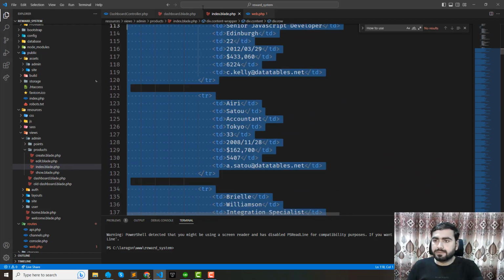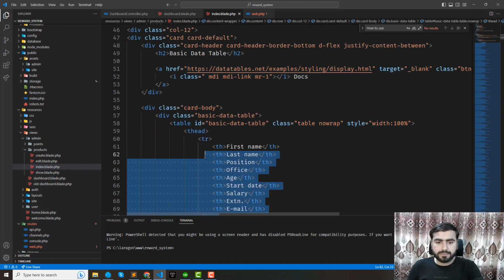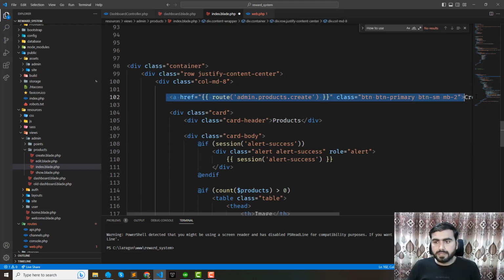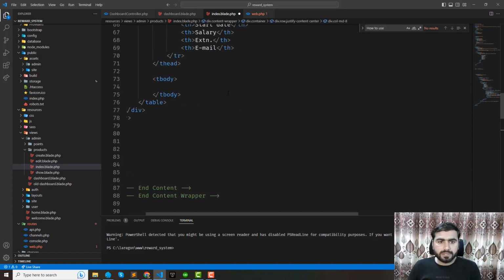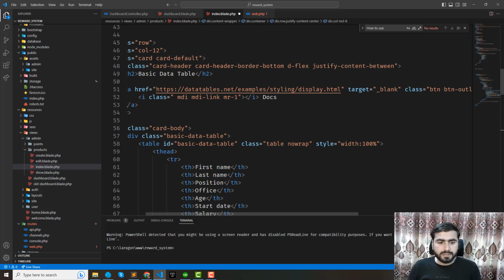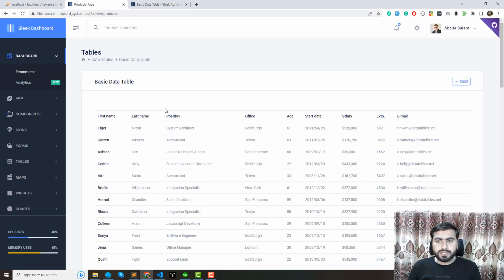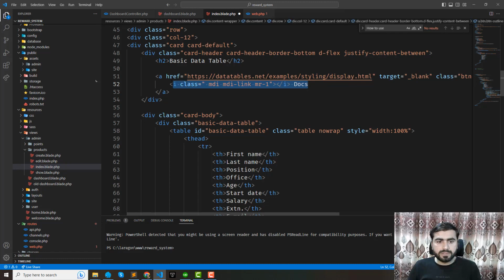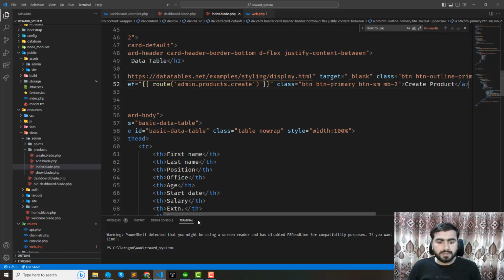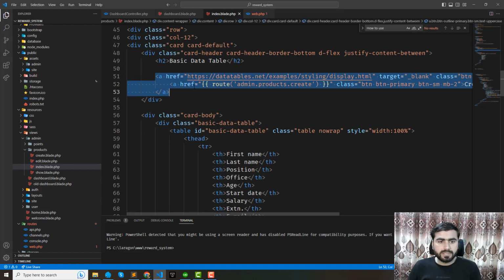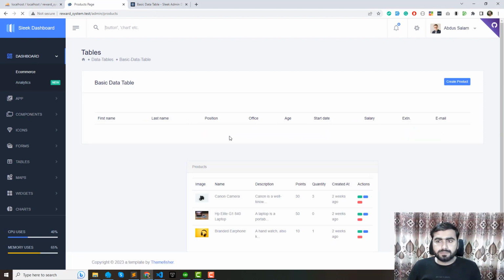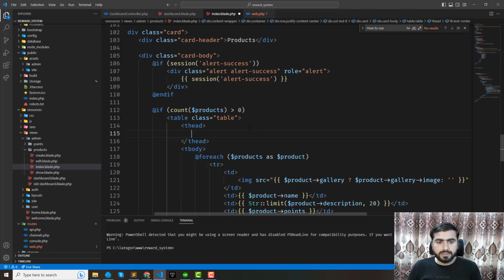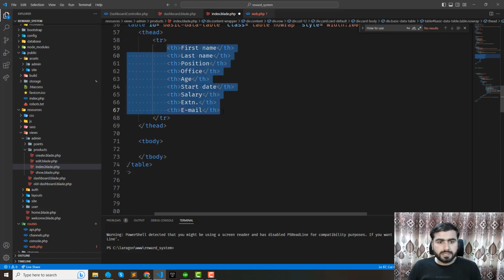Okay, just go here. Okay, I removed the tbody here, and now let's add this create product button at the top. Here, card body, inside the card body I want to display, replace with the dogs. So simply replace with this one, and here we don't need this, so simply replace it with this one. Hit refresh, and yes. So let's go here, copy these headers, replace with these headers,